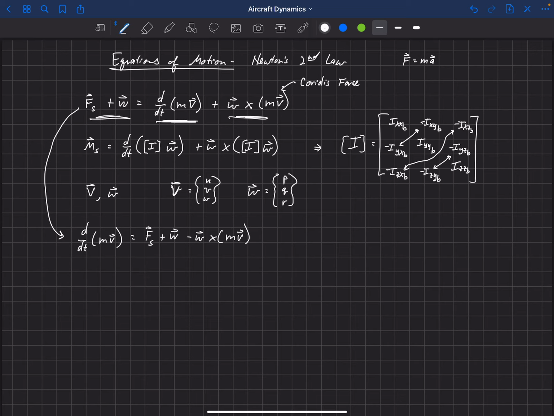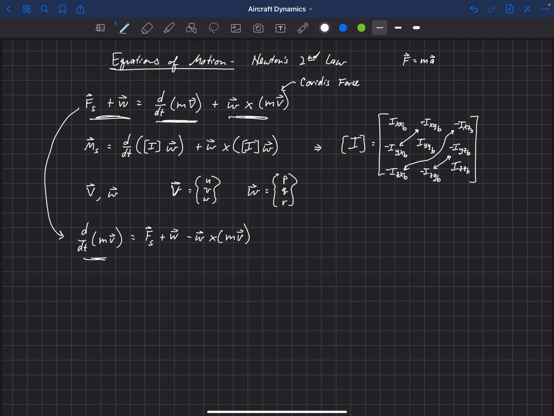Now let's look at the left-hand side here. This is the derivative in time of mass times velocity. We're going to use a chain rule on this and say that, by the way, that little m stands for mass. And I know that's a little bit confusing because we've used little m for pitching moment. In this lecture here, little m stands for mass, and by the end of this lecture we're going to swap it out for something else so that we don't get confused with the pitching moment. But for this, it's easier just to write little m for mass.